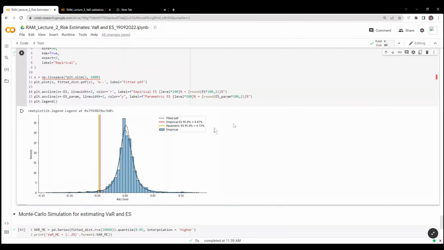And probably you remember that dealing with the normal distribution, we actually had some less conservative values. That means that picking the distribution matters a lot, but at the same time,